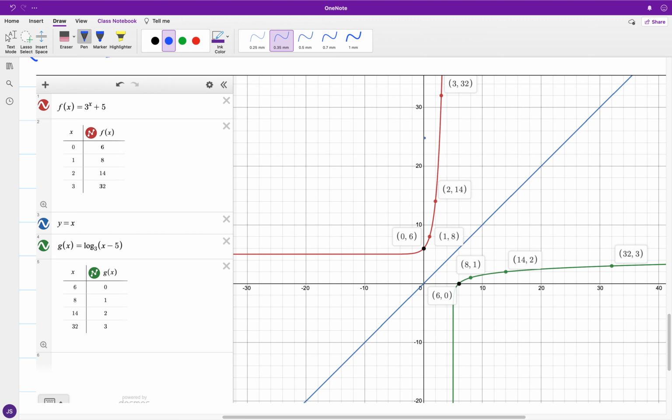And swapping the x and the y values, those will make up among the ordered pairs that define y is equal to the base 3 logarithm of the quantity of x minus 5. And again, both of the graphs will have symmetry with respect to the line y is equal to x. All right, now